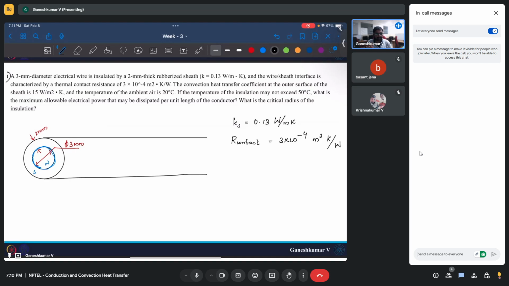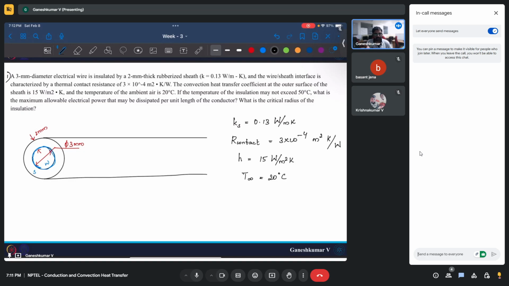This is per unit area. Okay, so you also have heat transfer coefficient 15 watt per meter square Kelvin, and then you have an ambient temperature of 20 degrees Celsius, and the temperature of insulation should not exceed 50 degrees Celsius,